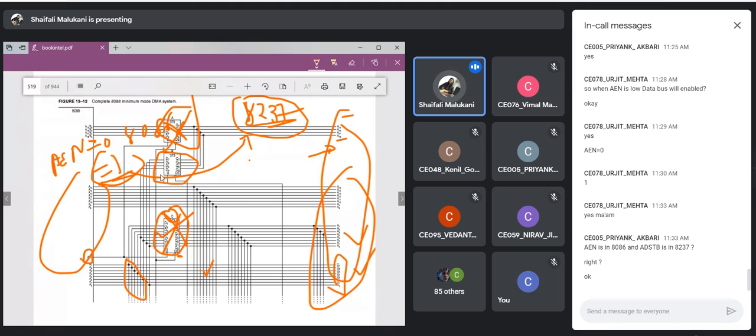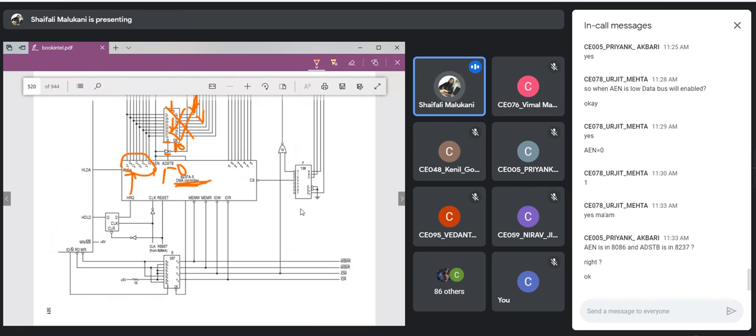So this part of the latch will be enabled. We will put the data that we want to keep on A16 to A19 over the data lines D0 to D4. These lines D0 to D4 are connected here, so whatever is placed on D0 to D4 will appear here, and it will be latched if AEN is 1 and if the output of this demultiplexer is high.